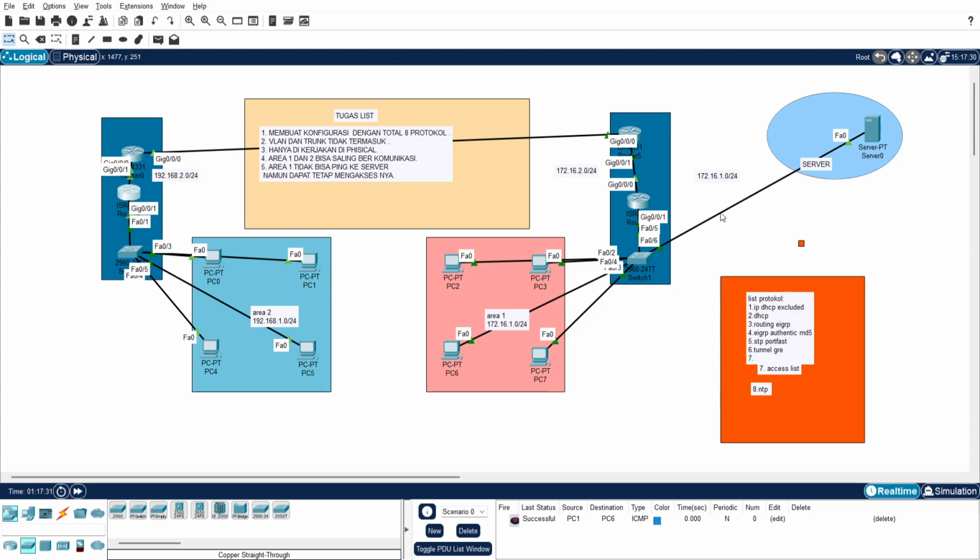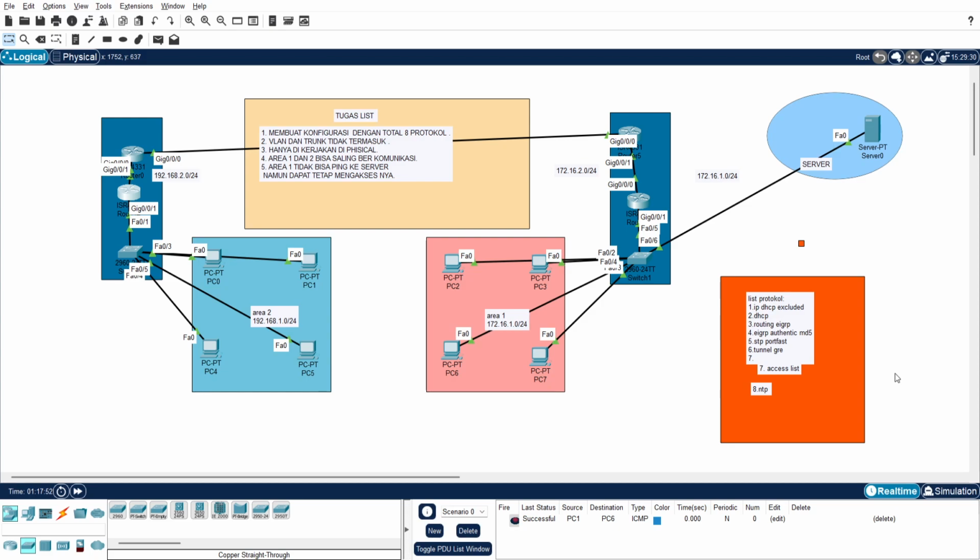And then STP port fast. STP port fast is used to make the switch faster.